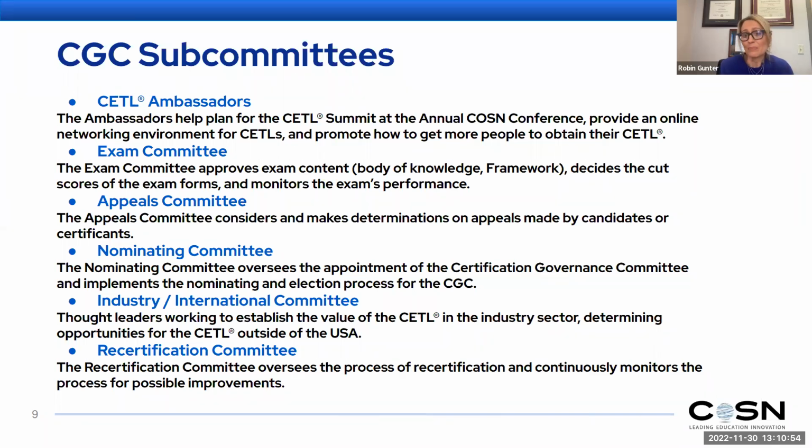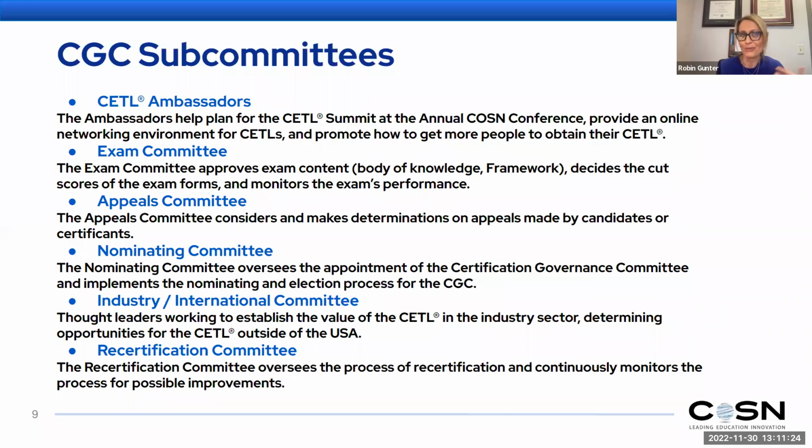We have the exam committee. So this is the committee that looks at the performance, looks at the question types, ensures that they're aligned to that essential framework of essential skills, so that we know that we are staying on trend with what is happening out there. We don't want a question that doesn't reflect what our practitioners are doing right now. Appeals committee speaks for itself. So when somebody does, and Chantel's going to talk about the appeals process, this is that subcommittee that would address that.